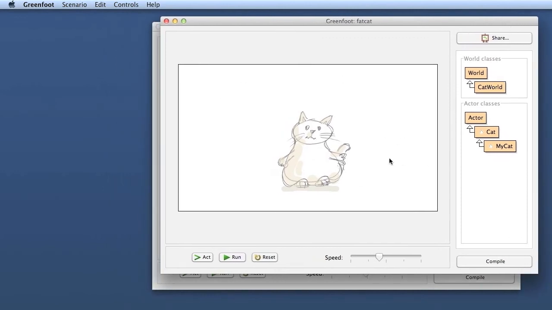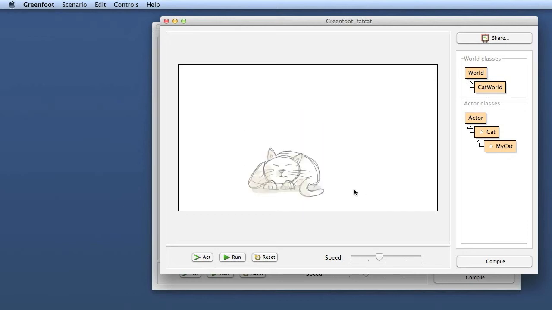So this is a scenario specifically designed so that students can practice method calls and if statements. This one is an object of the myCat class, and the myCat class, when it acts, does something. Oh, actually, I've programmed something here already.